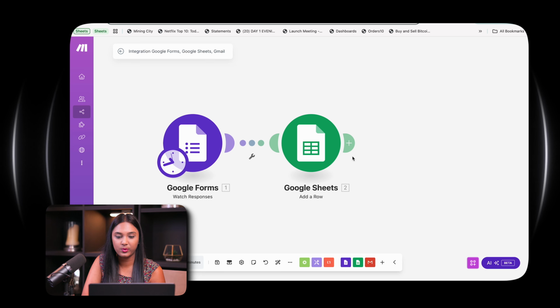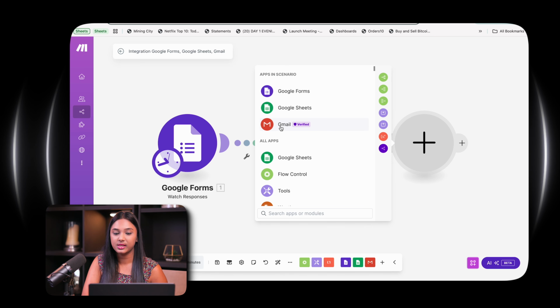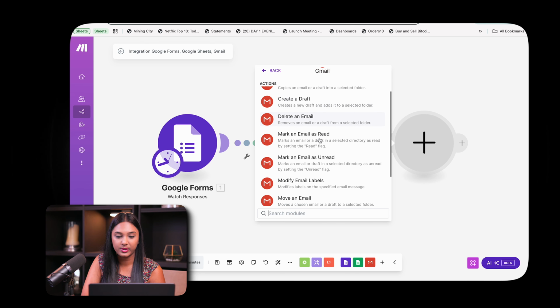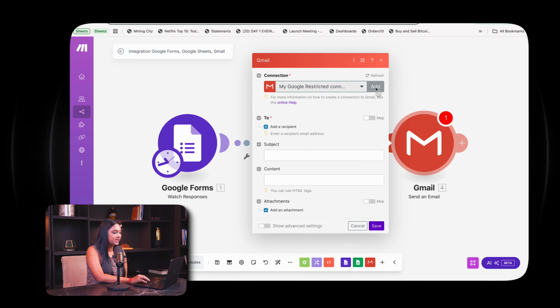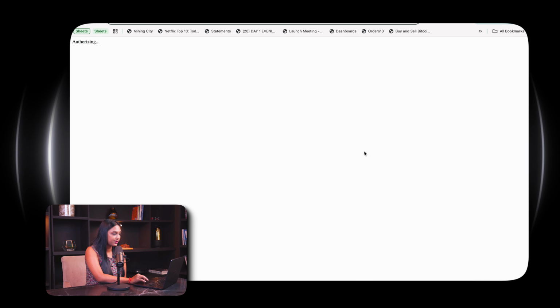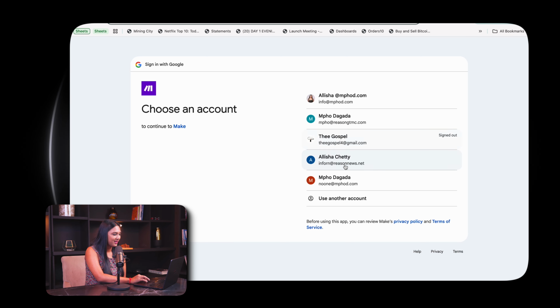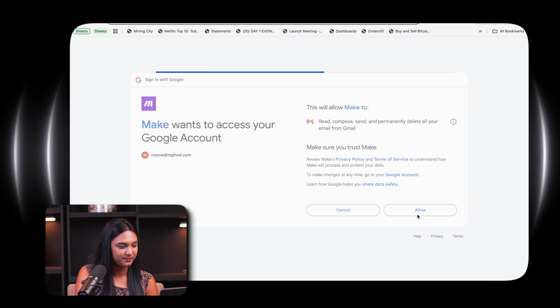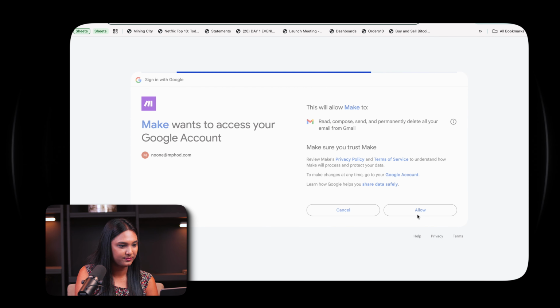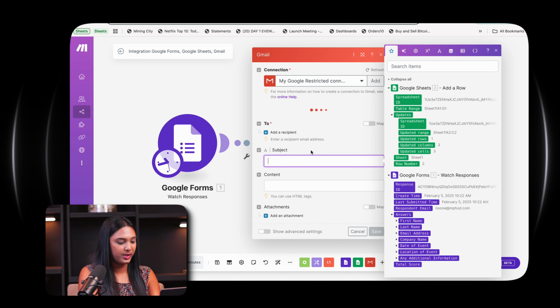And then from here, we're going to add your Gmail account. So when we go onto Gmail, we're going to say send an email. Obviously, you're going to add your connection again also. If you have it logged in, all the better. And we're going to connect it. Okay, and the subject would be